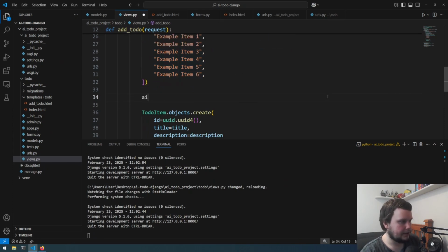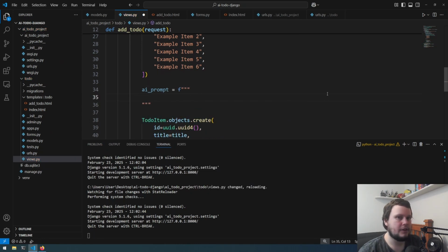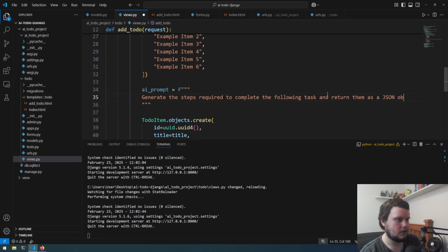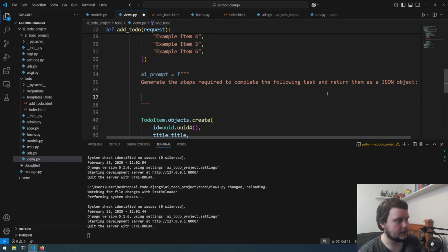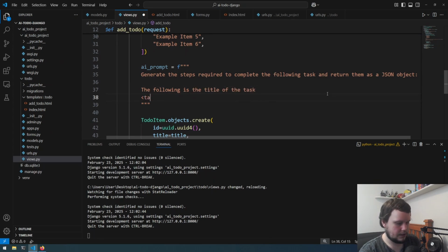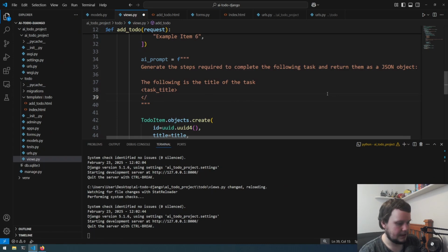And let's actually get started with writing the prompt. So we'll do a formatted string, and we'll do a multi-line one. So within this prompt, we need to pass the information of our task to it. We need to provide explicit instructions as to what we want it to do and what it should look like. So we will start off with: generate the steps required to complete the following task and return them as a JSON object. So with this, we're going to pass it: the following is the title of the task. So we'll do task title, and we'll add a closing task title like